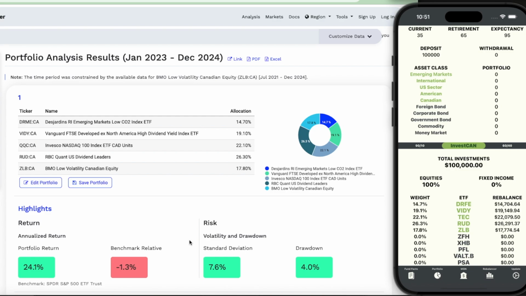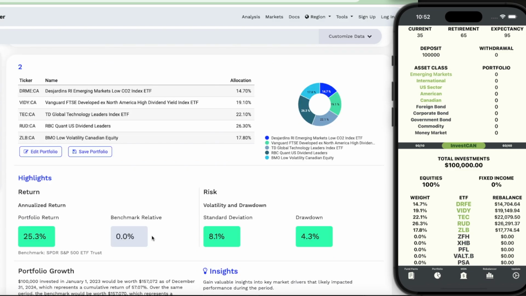So I'm going to go through 3 portfolios here. I'm not going to rhyme off all the allocations in ETFs, but they do overlap. But make sure to take a screenshot if you really need to test these out on your own. And we can also look a little farther back if you, let's say, adjust QQC for ZNQ. QQC is just going to perform a little bit better because it's a pure index fund and has a lower MER. So the only difference from the first and the second portfolio is swapping out the NASDAQ ETF with the